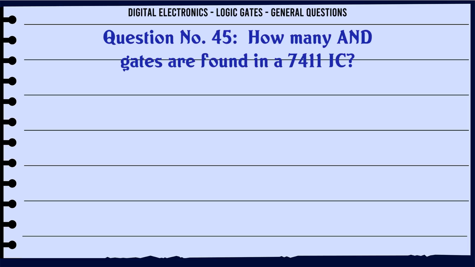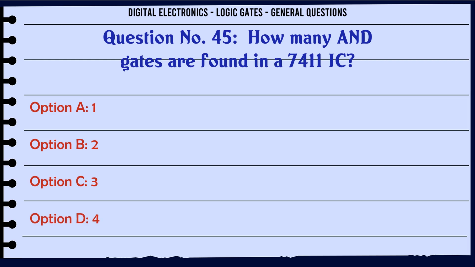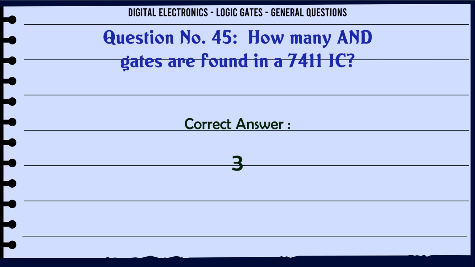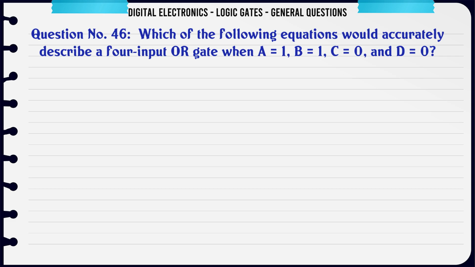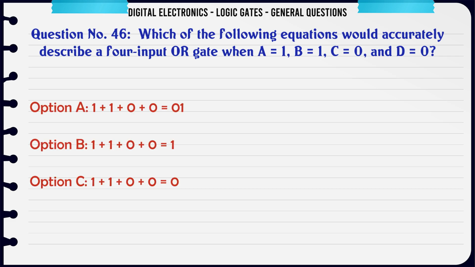How many AND gates are found in a 7411 IC? A. 1, B. 2, C. 3, D. 4. The correct answer is 3. Which of the following equations would accurately describe a 4-input OR gate when A is 1, B is 1, C is 0 and D is 0? A. 10001, B. 1001, C. 1000, D. 10000. The correct answer is